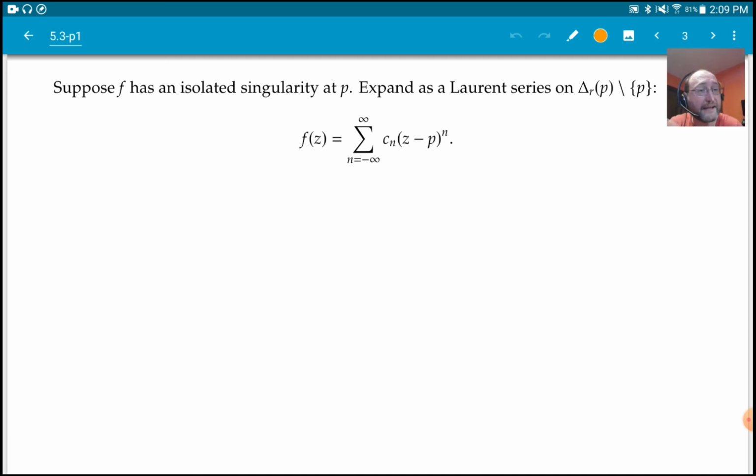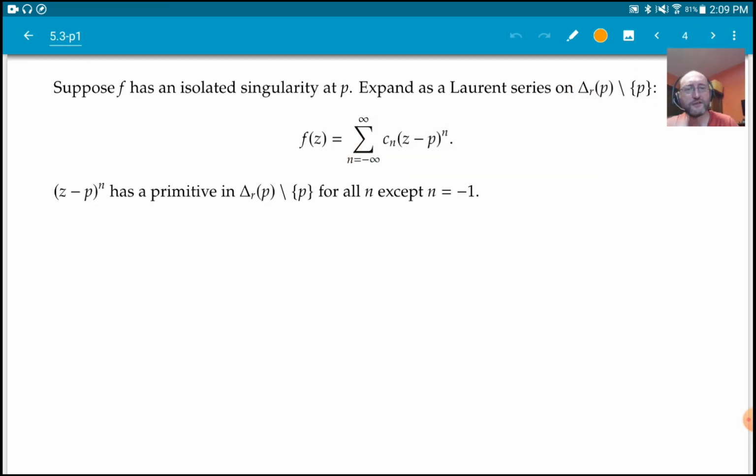Now let's expand f in a Laurent series in some punctured neighborhood of p, so in some disk minus p. So we'll write it as a Laurent series like this. We know that we can always do that. So once we do that, we notice that if we look at each term separately, (z minus p) to the n, where n varies over all integers, right? So (z minus p) to the n has a primitive in this punctured